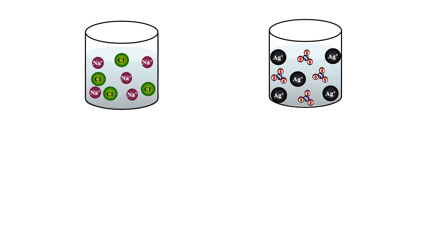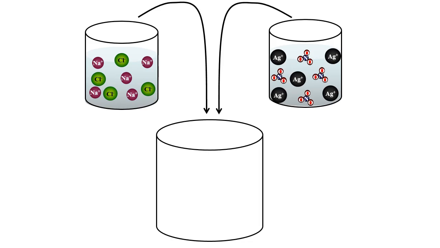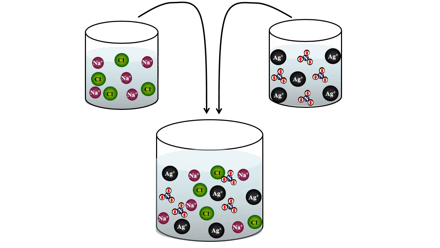So if we take sodium chloride aqueous and we take a silver nitrate aqueous solution, let's say we mix them together in the same beaker. This is going to cause a precipitation reaction to occur, and the reason for that is because now we have these ions floating around separately from each other,